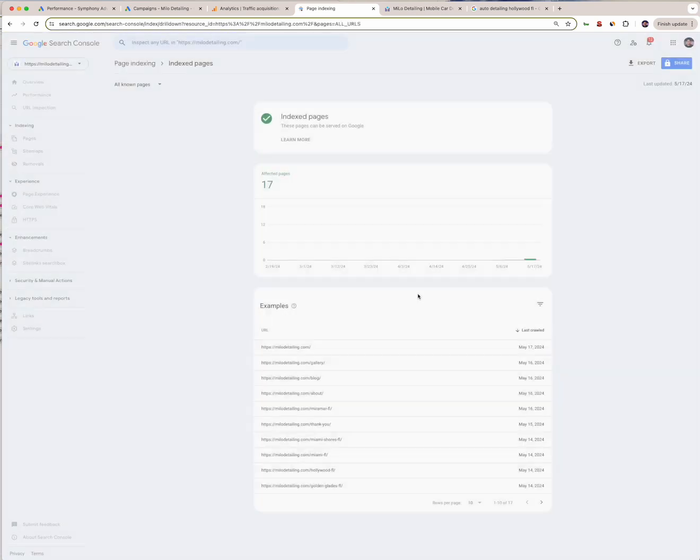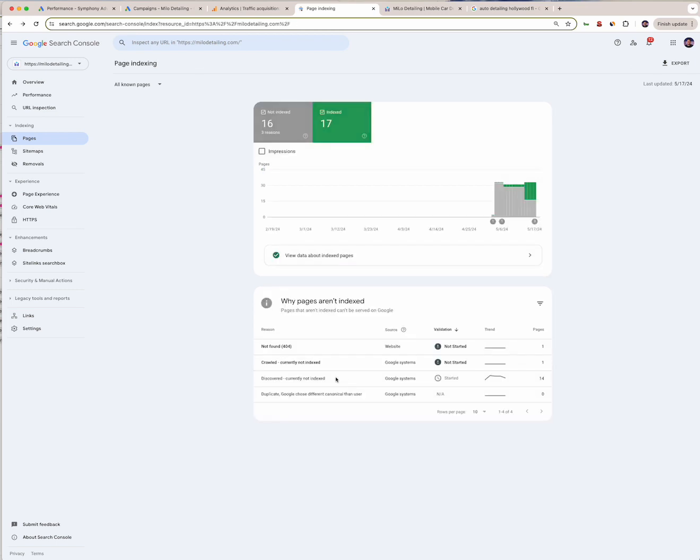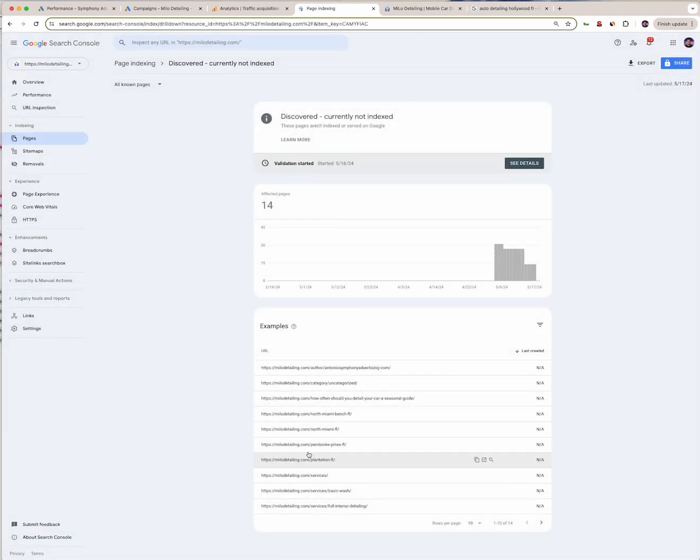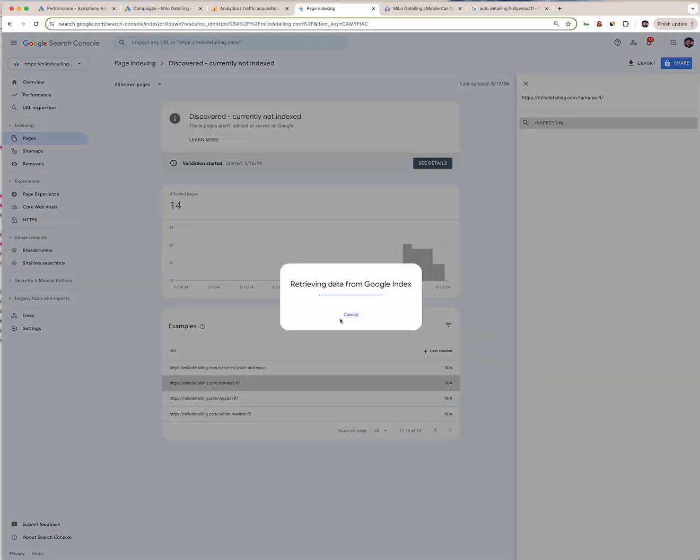And so right now, these are all the ones we have ranked. So Miami Shores, Hollywood, Golden Glades, Day of Florida. So a decent amount, but it's still not all of them. So if you go here, discover currently not indexed, there's still a bunch that are not yet indexed because it just takes time. So you can see here, it started 5/16, but we've also done manual indexes, especially when the